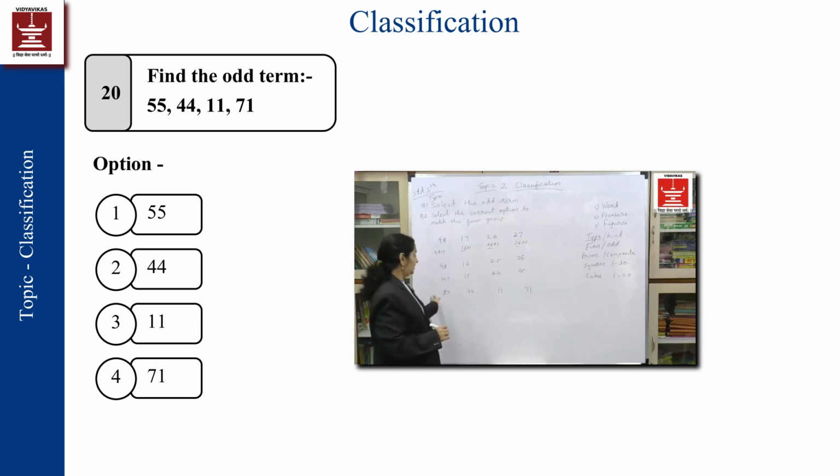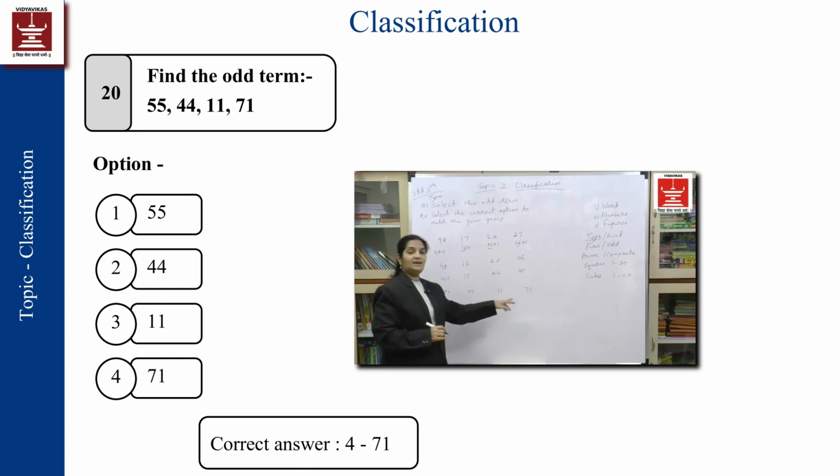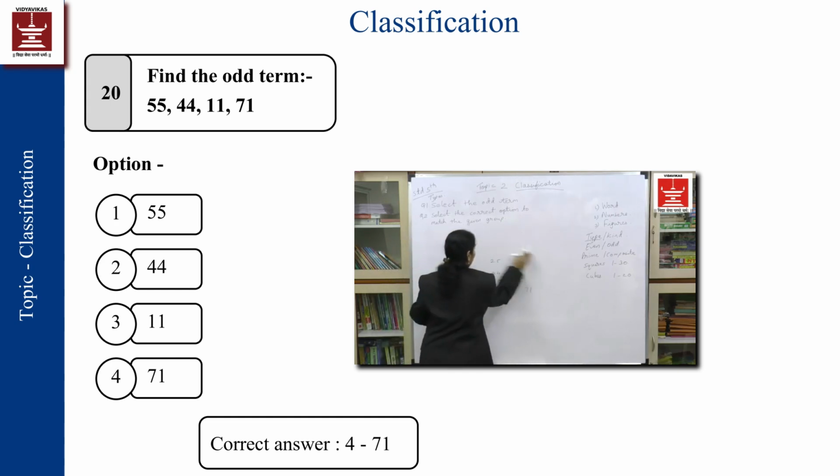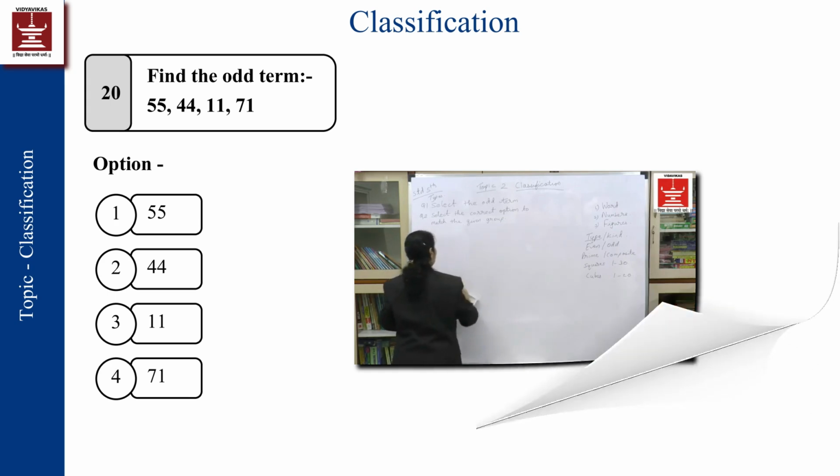Their differences may be different, but they all are divisible by 11, whereas 71 is not divisible by 11 and 71 is odd. So the criterion doesn't mean 71 is not divisible by 11. The criterion is these three are divisible by 11 and that is not divisible. Hence it is going to be the odd one. So always remember, when you are working with numbers, you have to be very good at them. You have to be very friendly with them. The moment you see them, you need not hesitate.